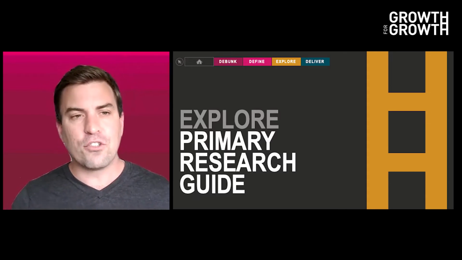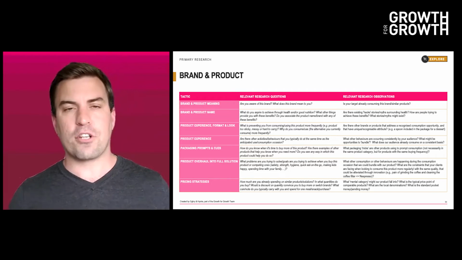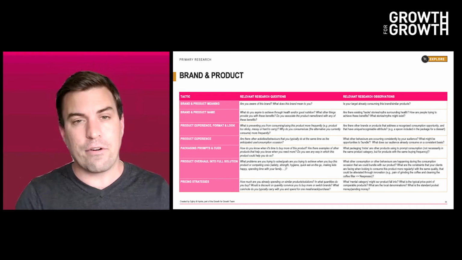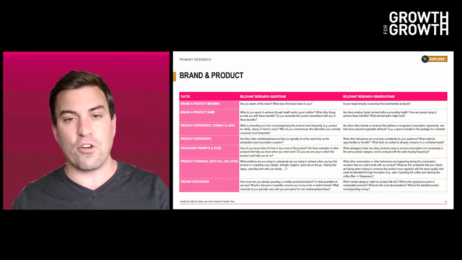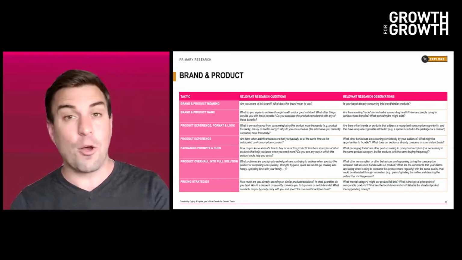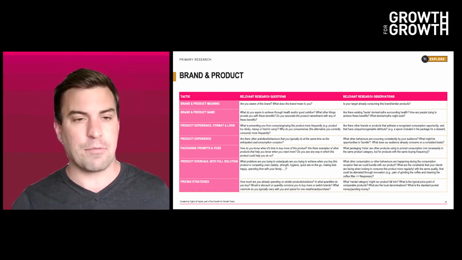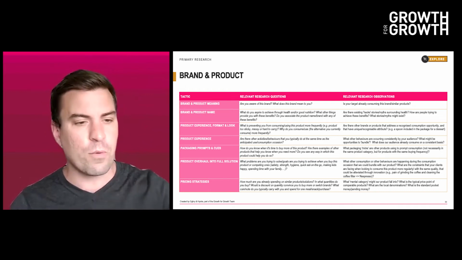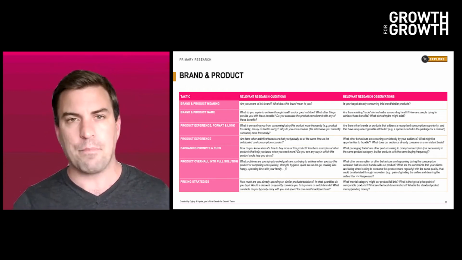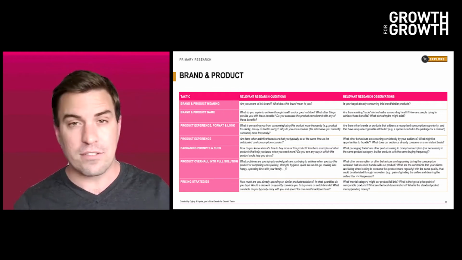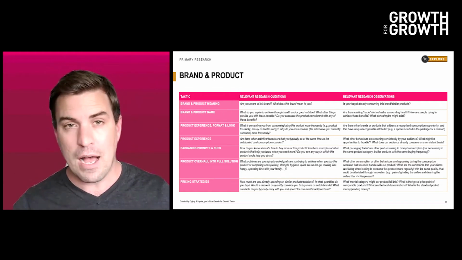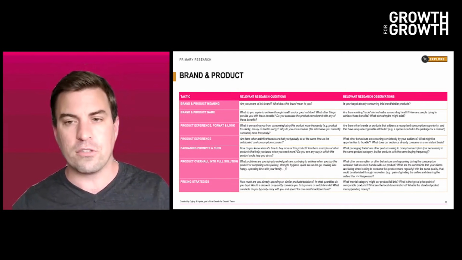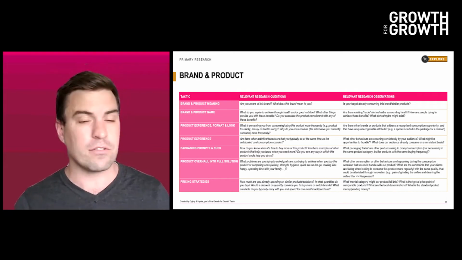So you'll see in the toolkit, this primary research guide is clustered by the potential tactic that we think can encourage consumption frequency, the specific research question we want to ask, and the observational insights that we might want to capture. So we'll see these again over product meaning, over brand name, all the way through to packaging prompts and cues and pricing strategies. So as we look at this table, and again, not an exhaustive list, but hopefully a really helpful start, we can start to see some of the research questions and relevant research observation areas surfacing.